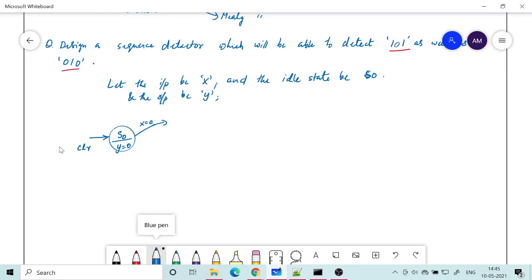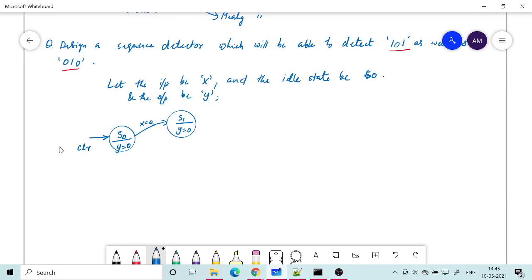So if x equals 0, that means it is the first bit of the second sequence. So if x is equal to 0, I can go to S1, another state, but still my output should be 0. Why? Because I have not detected the 3 bits. I have only detected a single bit.